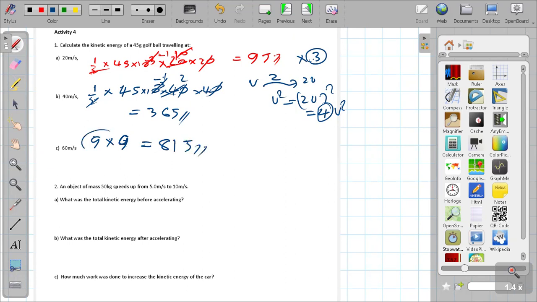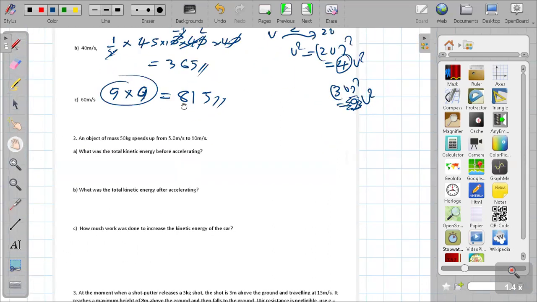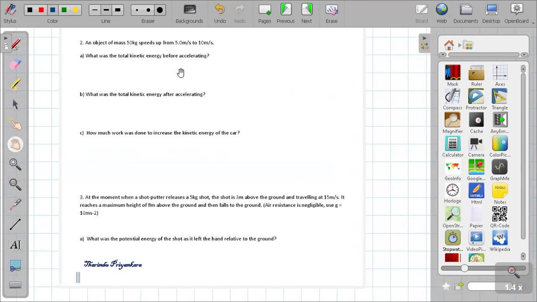Can you understand this method? Because for solving MCQs, you may need that. So v to the power 2 means if you multiply the speed by 3, it becomes (3v) to the power 2, which is 9v to the power 2. So the multiplying factor is 9. Can you understand? Yes, sir. Okay. For solving MCQs, you have to have that one.